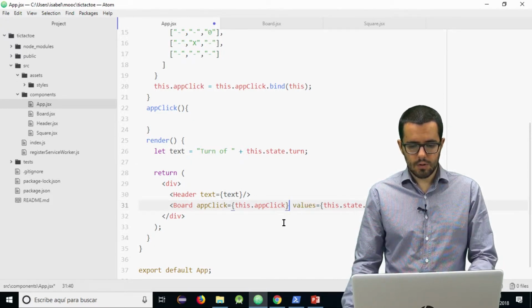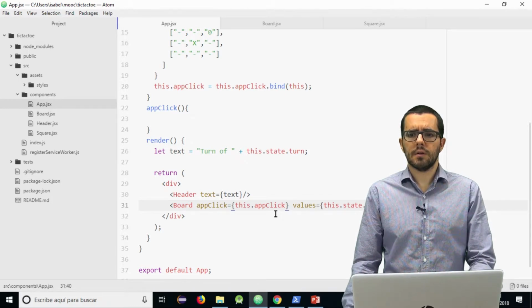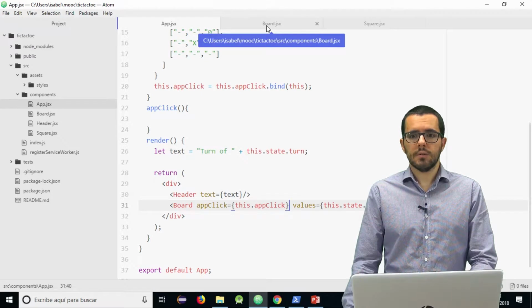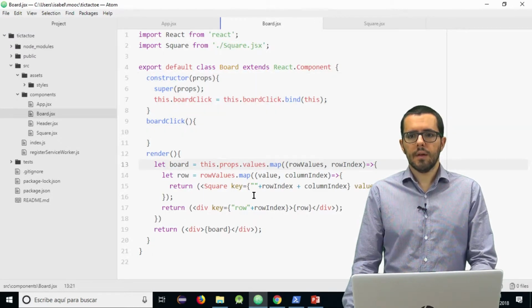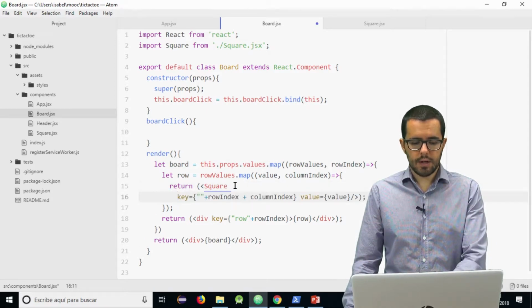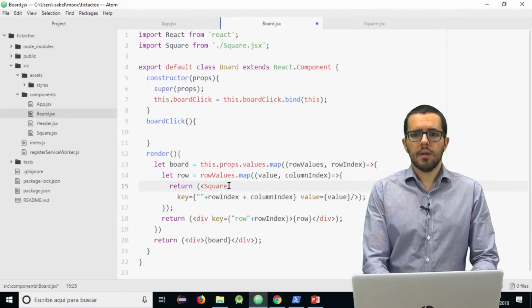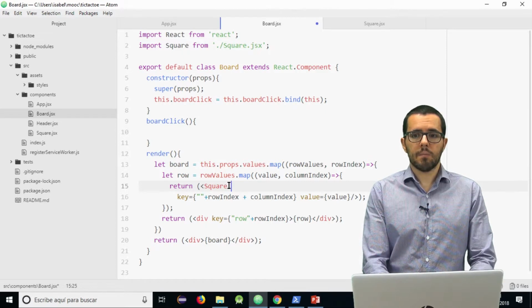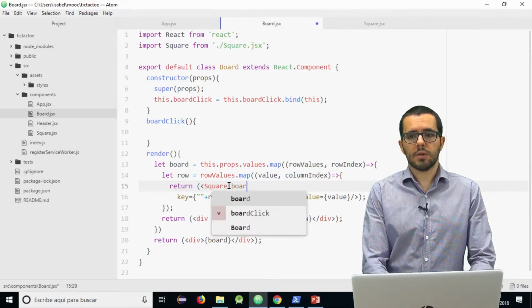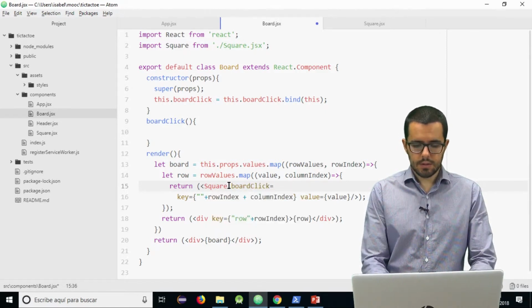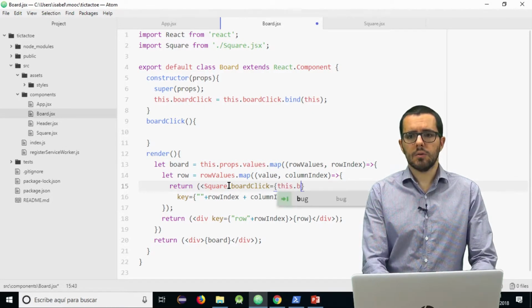Sorry, I have to close the curly braces. Okay. So now board will be able to call it. Well, and the same happens here. I have the square, and I'm going to pass another attribute, another prop, that is boardClick. This equals this dot.